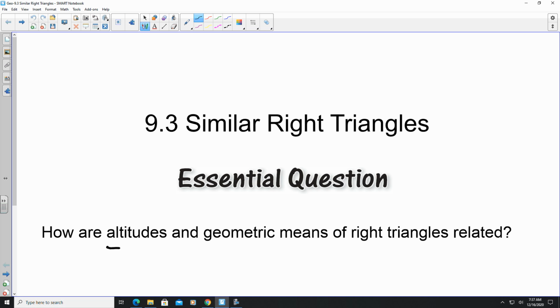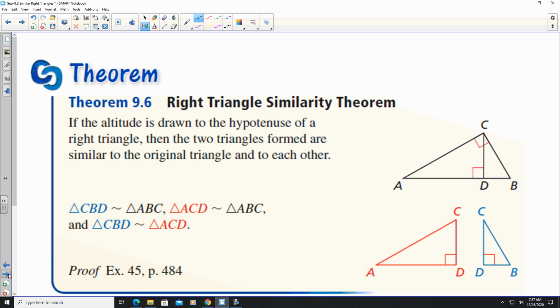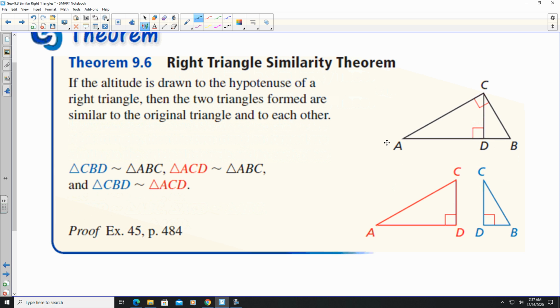Now, in this lesson, we are going to look at right triangles that tie in with the altitude. When you have an altitude of a triangle, more specifically a right triangle, something happens. When you get that altitude, which means this point here, point C, is a line segment that is 90 degrees from the hypotenuse of the big triangle, not only do you get that large triangle, but it also breaks it up into two smaller triangles inside the big triangle. Because of this theorem, it states that when you have an altitude,